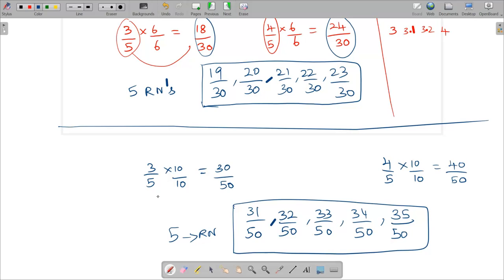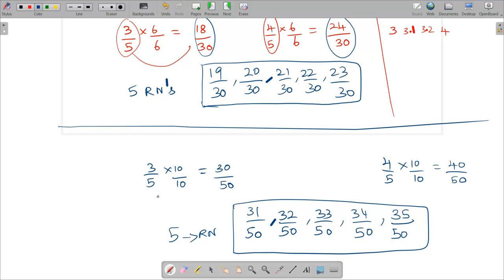Again, it is not necessary to multiply only by 10. You can multiply by 7, by 8, by 11, or by 15. In general, whenever you need to find 9 rational numbers, you can multiply by 10 in both the numerator and denominator. If it is greater than 9, up to 10 to 19, then you can multiply by 20/20. Like that you can improvise your values and multiply.